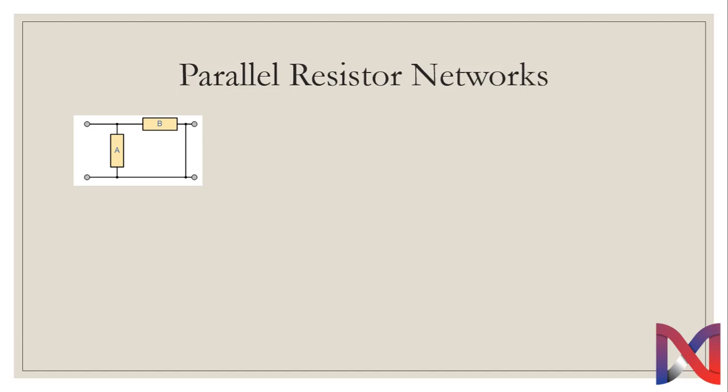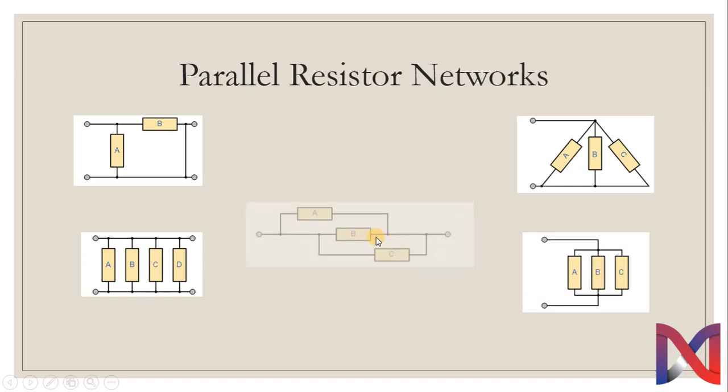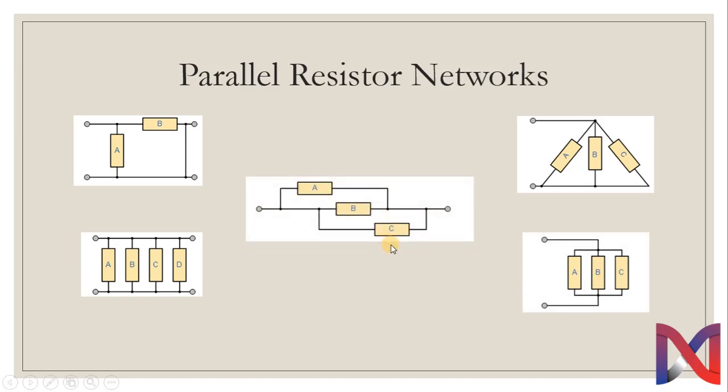Here is the first combination. Here is the first node. This is node which makes it a parallel combination. Here we have 4 nodes and this is also a parallel combination. Here we have a parallel combination in another aspect. Here this is also a parallel network and this is also a parallel network. It means that we can have parallel resistors in different combinations. Few of them are given.